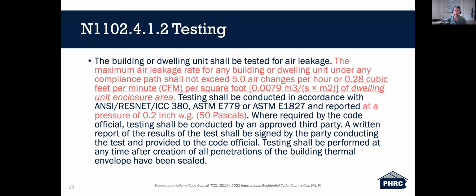However, here's where the change comes in. The maximum air leakage rate for any building or dwelling unit under any compliance path shall not exceed 5 air changes per hour, or 0.28 cubic feet per minute per square foot of a dwelling unit enclosure, and that also has to be tested at 50 pascals. So I'm not gonna touch on the beginning portion here that says shall not exceed 5 air changes per hour, because there's a little bit of a different caveat that comes into play later on in this provision. But what I do want to touch on, the new provision that I do want to relay to you folks